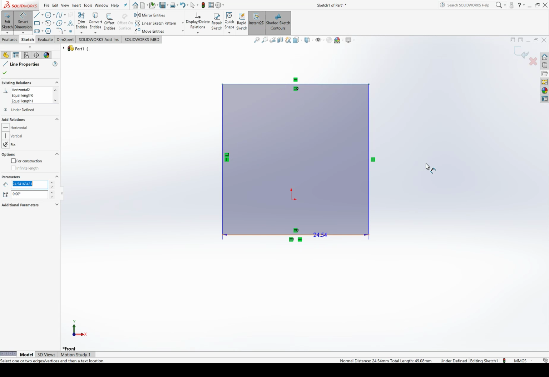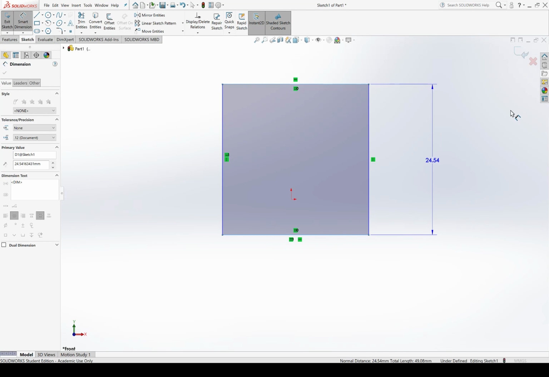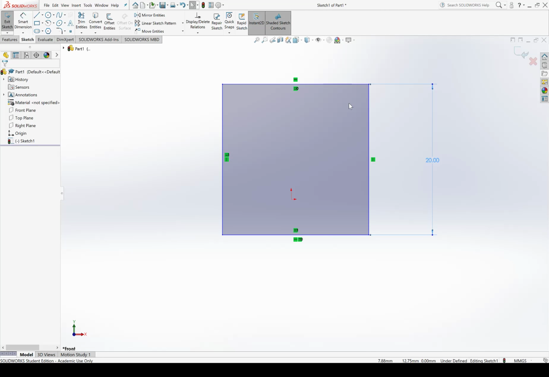So I could use that as my dimensioning of one side of the square. It doesn't really matter. I will just accept it because it's already here. So I will click arbitrarily in space, and I will set down that dimension. The next thing it does is pop up with a length. It says, how long do you want that dimension to be? Now if I say 20 and hit enter, it'll define the length of that square as 20 millimeters, and it'll resize the rest of the square to accommodate all of the relations that I've already defined.